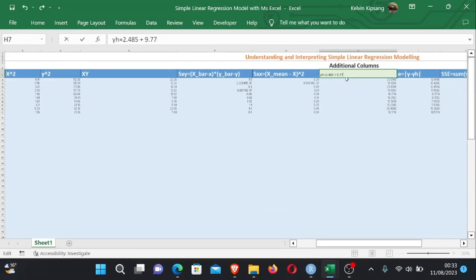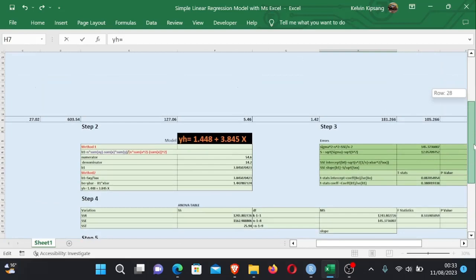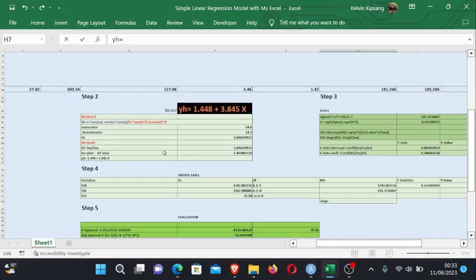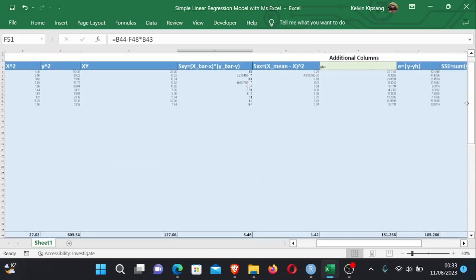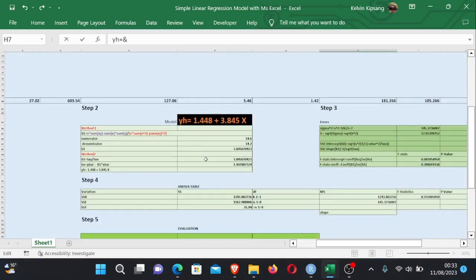So to update, I'll just link this one equals to intercept. Where is my intercept? This one. I use an equals and ampersand sign here. Then I will link with slope here. Then I add,